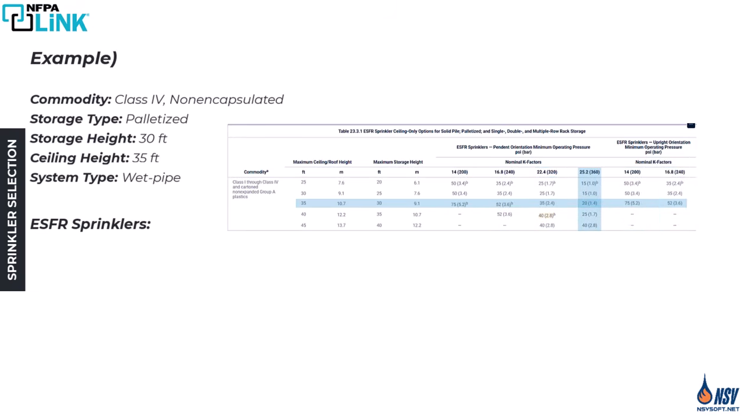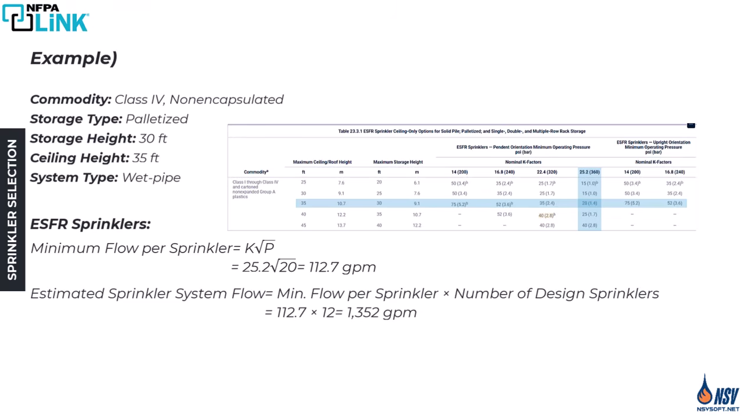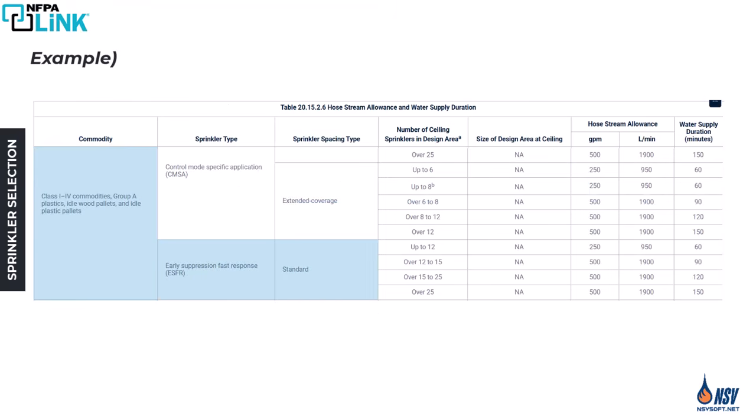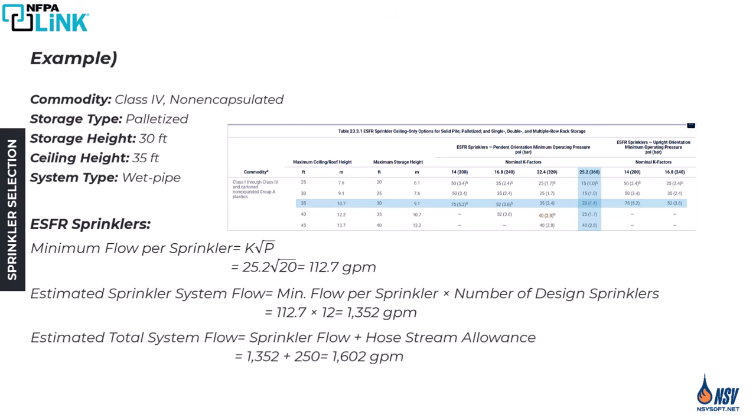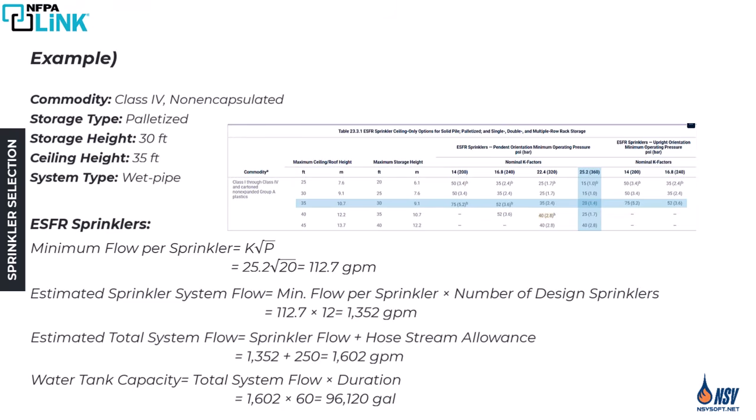Selecting the highest available K factor yields the lowest required minimum operating pressure. Under these parameters, the minimum calculated flow per sprinkler is 112.7 gallons per minute. Multiplying this by the 12 sprinklers required in the design area results in an estimated base system demand of 1,352 gallons per minute. The required hose stream allowance is 250 for a 60-minute duration. Consequently, the total required system demand is 1,602 gallons per minute, necessitating a minimum water tank capacity of approximately